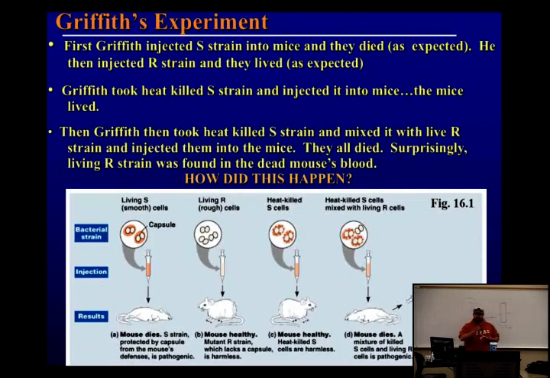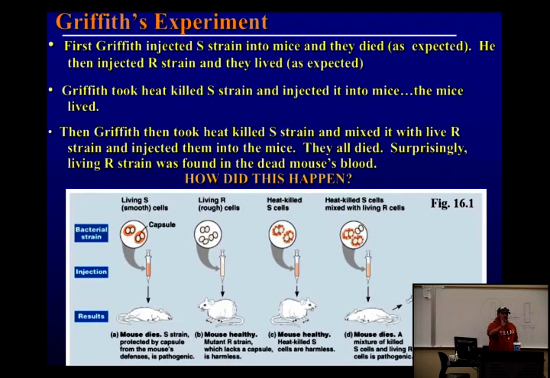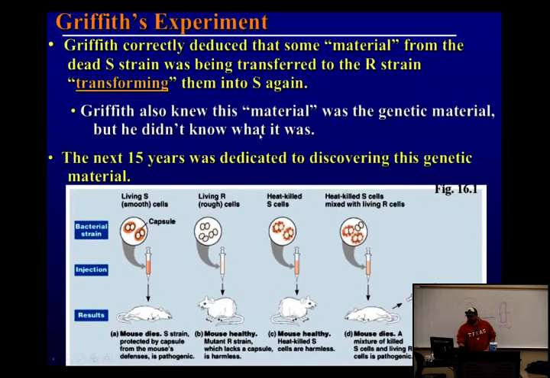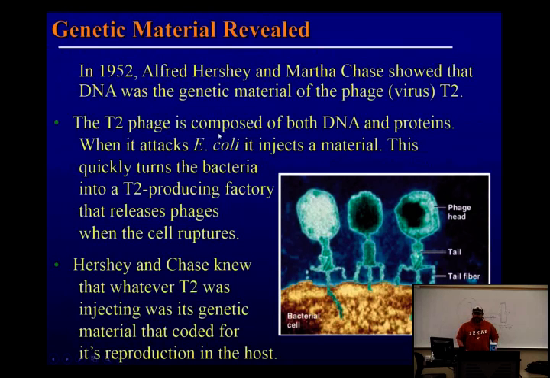So if I took a gene out of a human and put it, they've done this for insulin. So they took the gene for insulin out of a human being, put it in a bacteria, and now that bacteria makes human insulin. So that process is called transformation. And it's this guy, Griffith, that coined that term. So transforming. But we still didn't know what the genetic material was. So it took a lot of other experiments to figure that out.